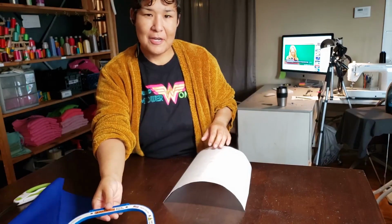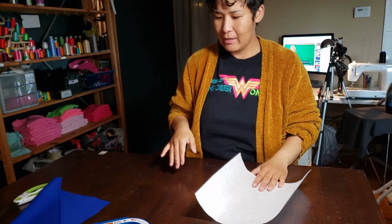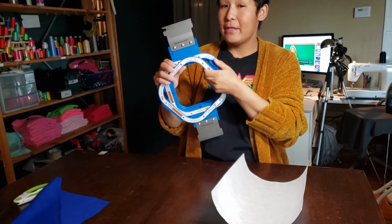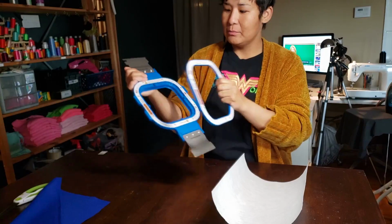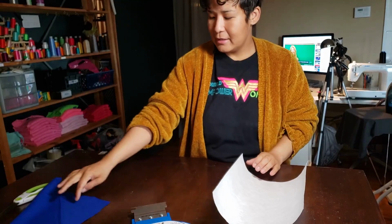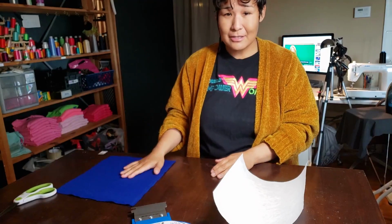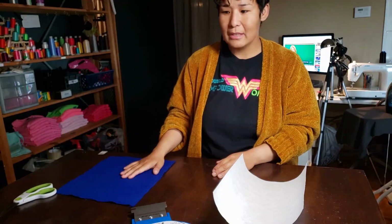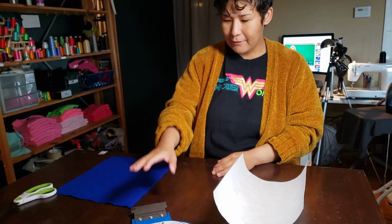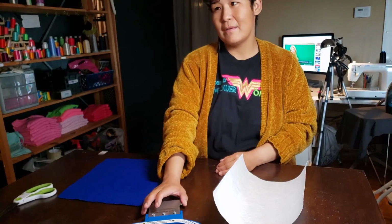Okay, good morning. I am going to be showing you a little bit about how I make a mask using a 5.5 hoop. This is a Mighty Hoop, which is a magnetic hoop, which makes life much easier if you do embroidery. But people are always asking me what type of hoops I use when I make masks, and it actually just depends on what I'm doing, what style I'm doing, what size I'm doing, because I do different sizes. And I use a 5x5 hoop, I use a 4x13, a 4.25 by 13, I use an 8x13,